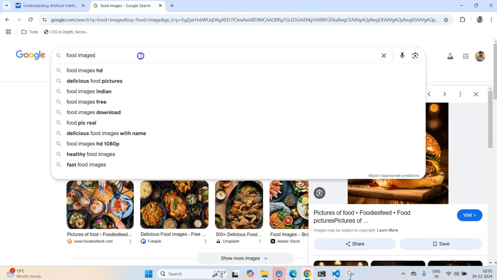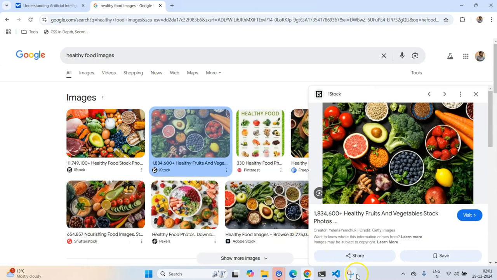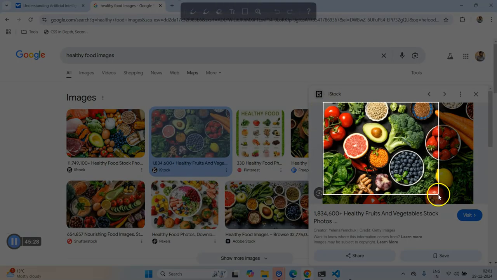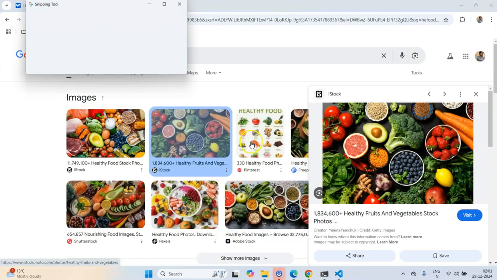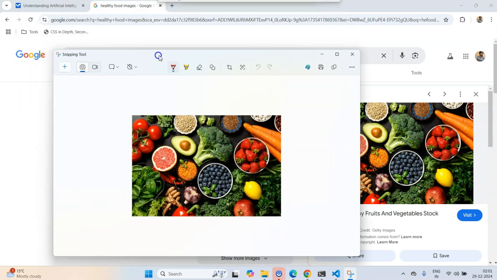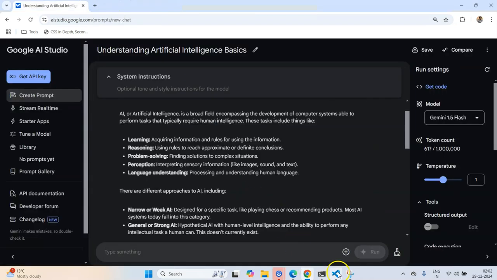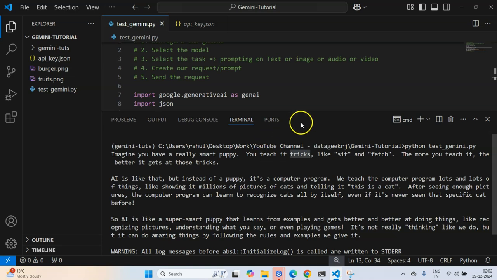Then let's type healthy food images. Yeah, this one is good. It contains lots of healthy vegetables and fruits. So I'll snip this image and keep the name short, fruits. Once we have this, I want to show you how we can prompt with an image.